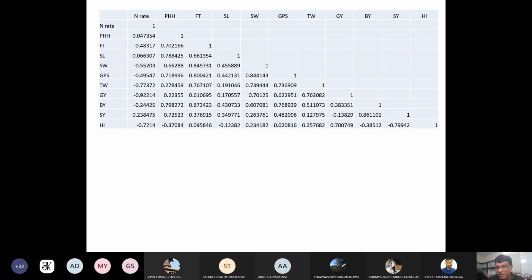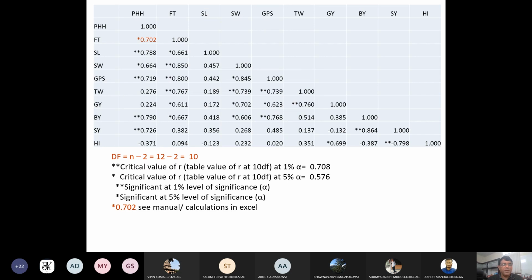And if you fail, maybe I will try next time to show you in Excel, if I can run Excel. So likewise, for the same results, we can put a star like this. N minus 2 degrees of freedom, 12 minus 2 is equal to 10. And see the value at the 5% level of significance. The value is 0.702. 0.702 is the table value of R in this case. So values which are more than this are significant. So you can put a star on those values.